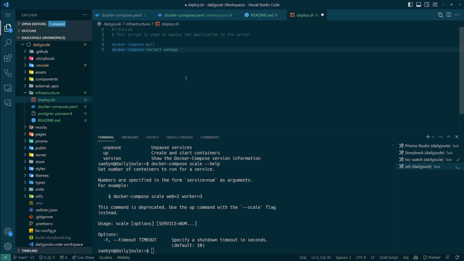Or, no, I mean you could use Docker Compose scale to scale down and then up again, but then there's no way to really update one of the two containers. Okay, so this is going to be fine for right now. To do,